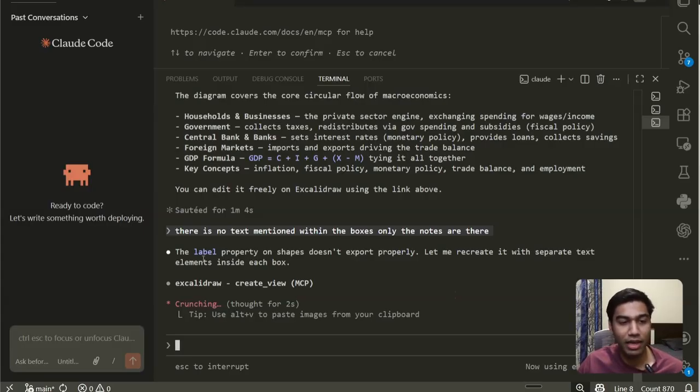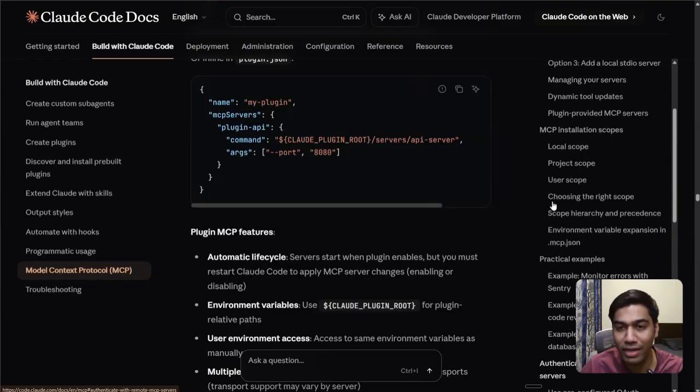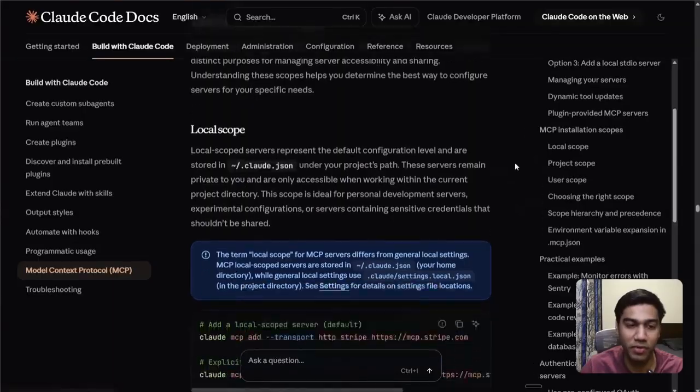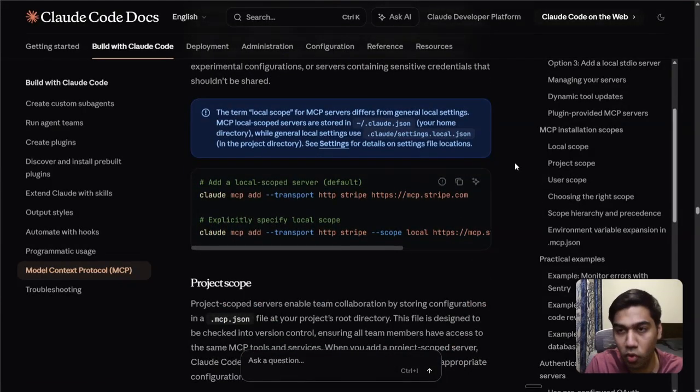So you can see here the label property on shapes does not export properly, and it needs to fix that. So it might or might not be able to, but you still know how to add an MCP server. So let's see. Now, until that is happening, I want to tell you about one specific thing. The way we install the MCP,